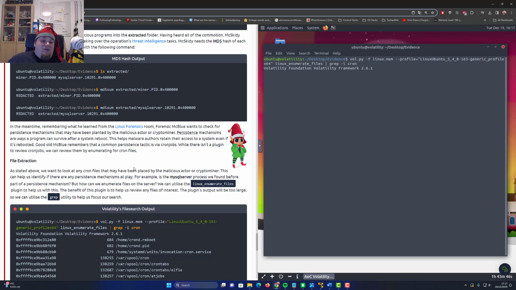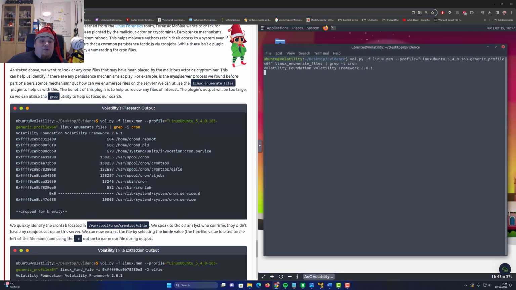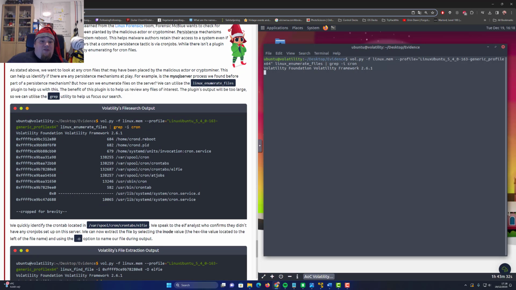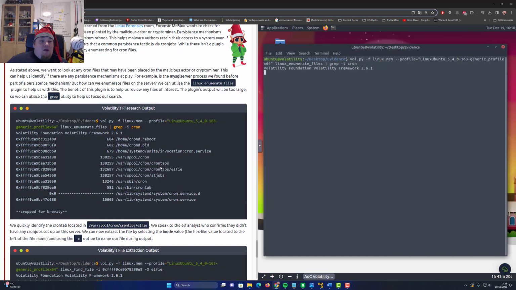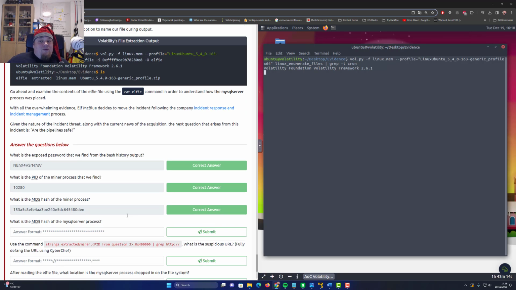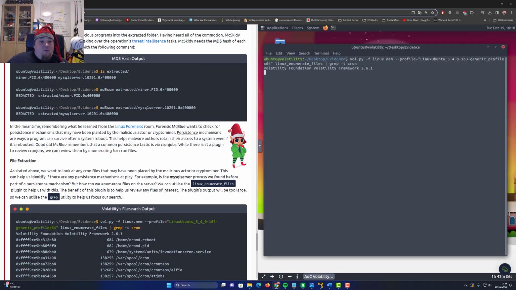It should be pretty obvious whenever you are looking at your location in the file system. So we're running the command right now, and I'm not really sure what we're going to look for in this particular case. Let's talk about the MD5 hash of the MySQL server process. We're running the command, it takes some time, and while this is running, we can